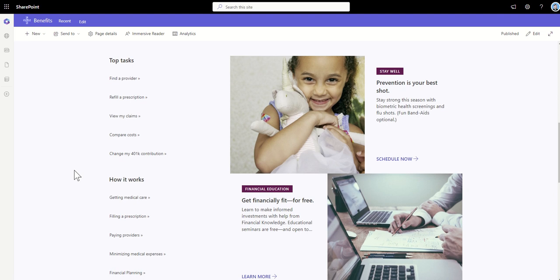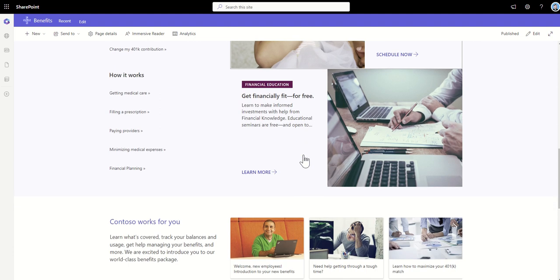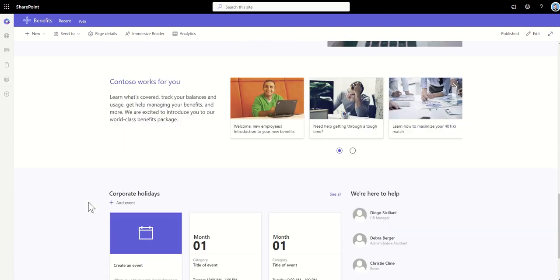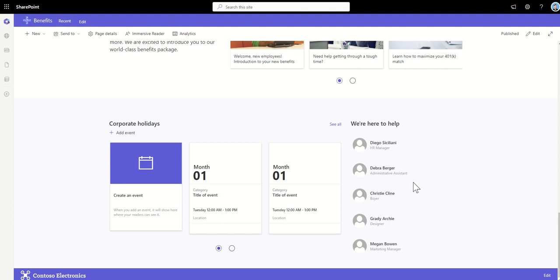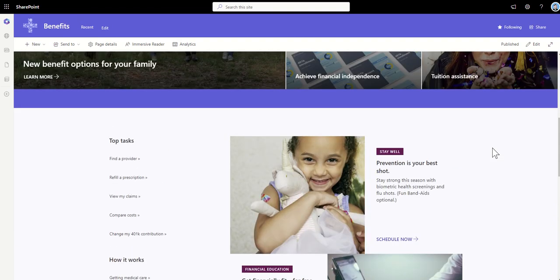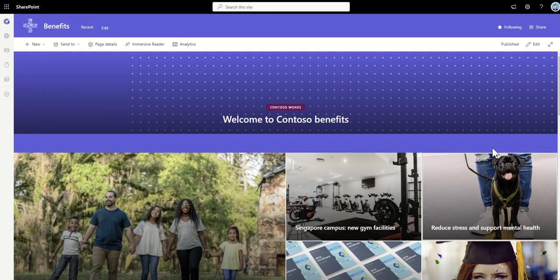We've then also got things like our tiled web part on the right hand side of our hero web part, Contoso ways for use, quick links web part, events web part, people web part. Again, not overly fussed. I don't want to put you off, but I'm not overly fussed about this template. But it'd be worth you taking a look at this just to get a bit of food for thought